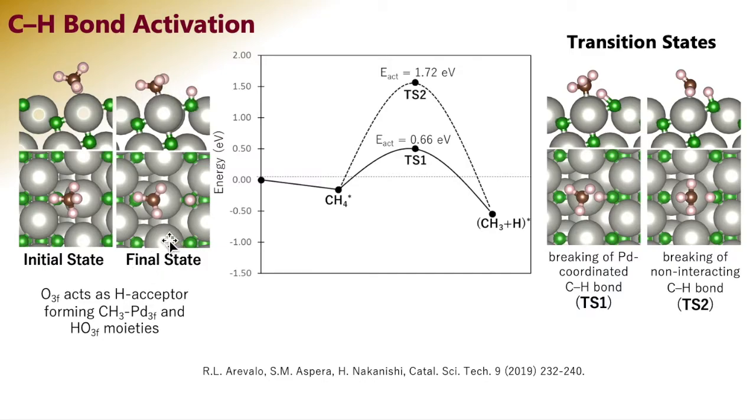At the final state, CH3 bonds with the palladium 3F atom, while the oxygen 3F atom acts as the hydrogen acceptor, forming CH3-palladium 3F and H-oxygen 3F moieties. The transition states were calculated using the dimer method, with the initial direction along the dimer generated based on the initial and final states. The activated and non-interacting CH bonds required activation barriers of 0.66 electron volt and 1.72 electron